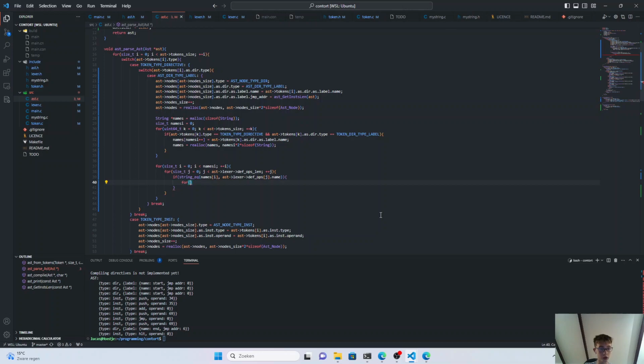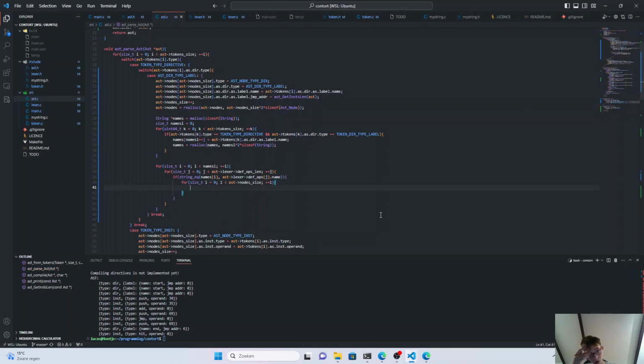Yes, I know that you're getting sick of me. i, j, k, l equal to 0, and that's less than the node size, and we increment it. And if the name is in the